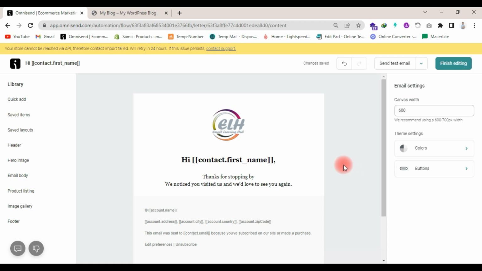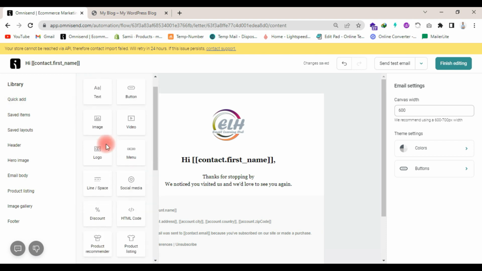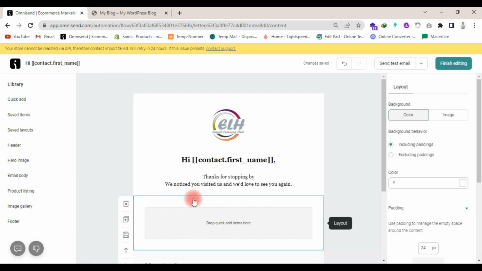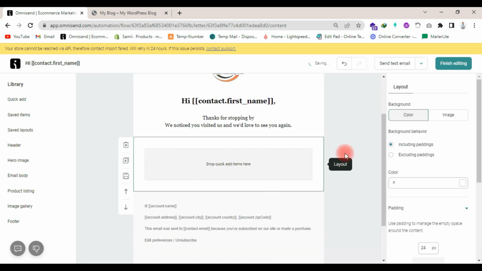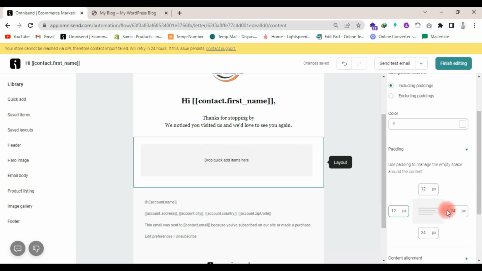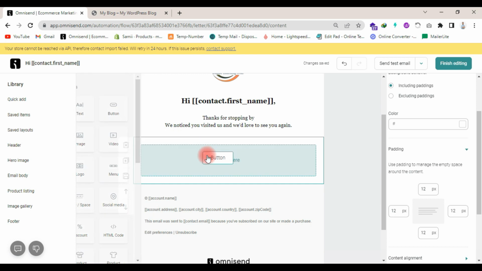And now you will add the button. Select your one column layout and set the layout padding, and again add your button,